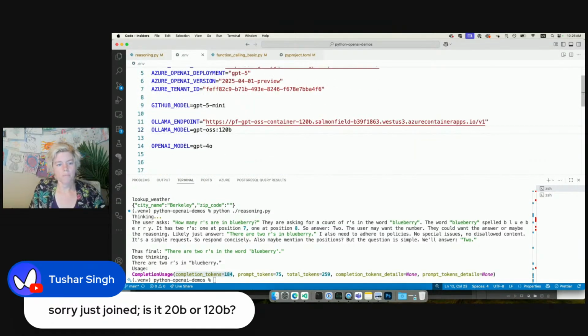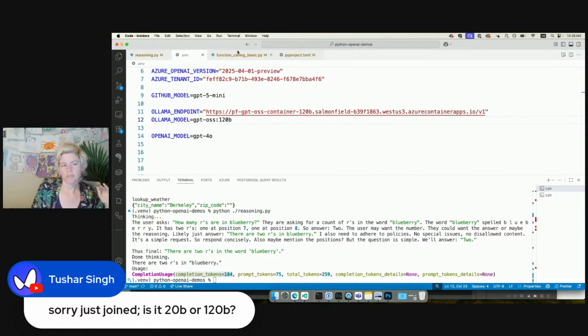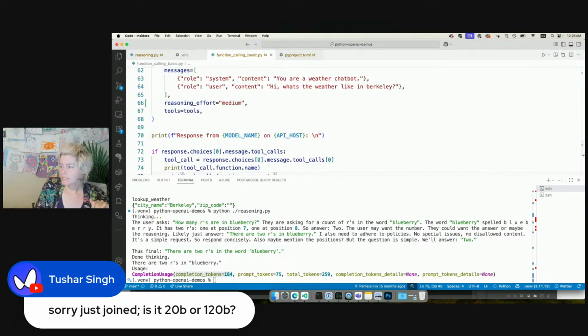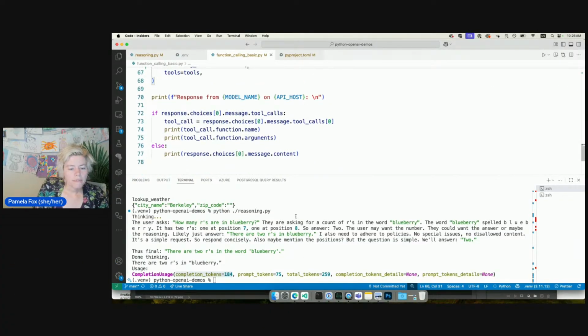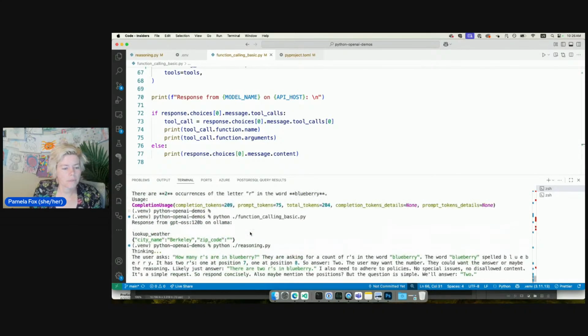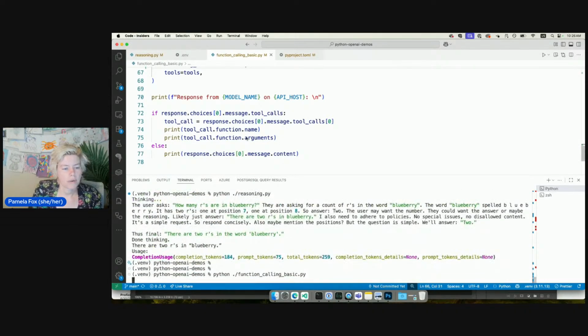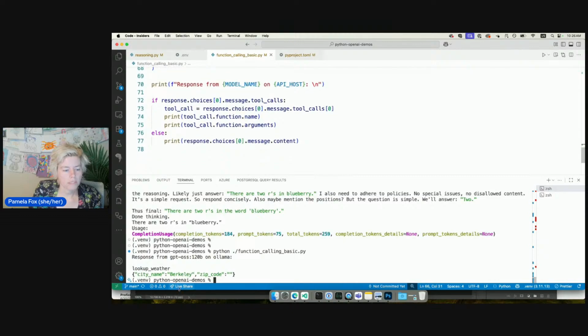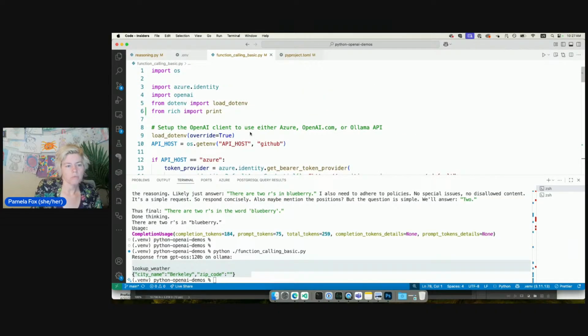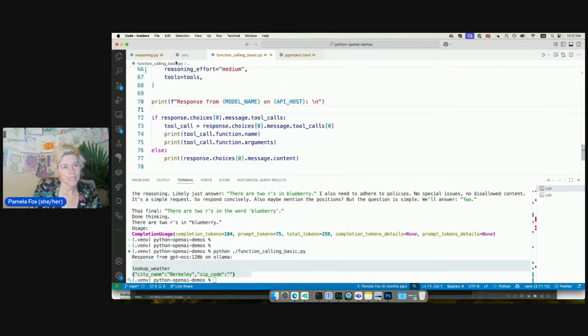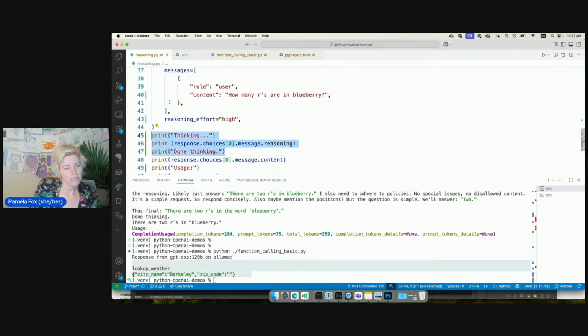For the function calling, I'm going to go back to 120B just to give it the best shot of doing a good job. But it's always good to look at both of them so we can go back and forth. For the function calling, it did recommend how to call that function, so it does seem to be implementing function calling. Now, the question is, where is the reasoning? Because this is a model that, in theory, is doing both reasoning and tool calling, and actually reasoning about the tool calls. So let's just take our code from before, thinking,